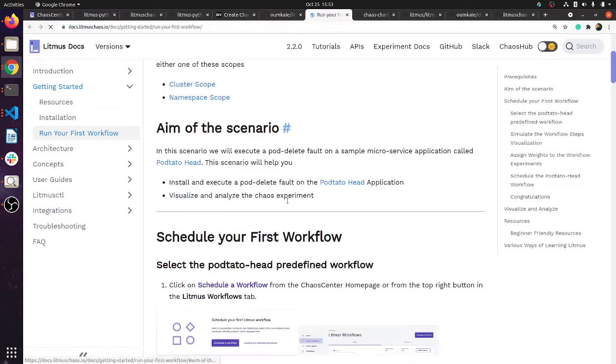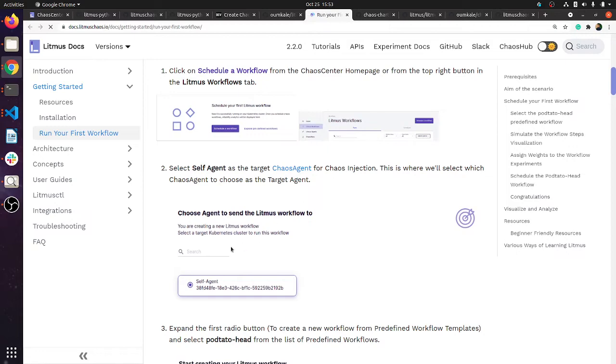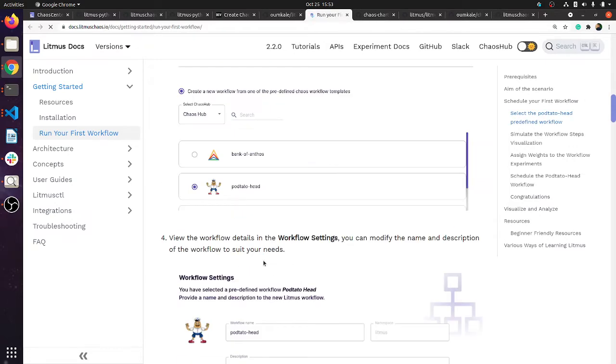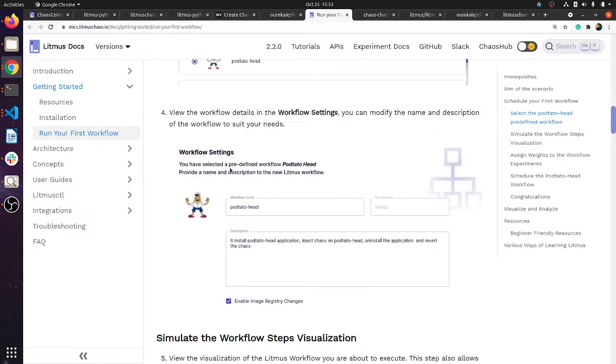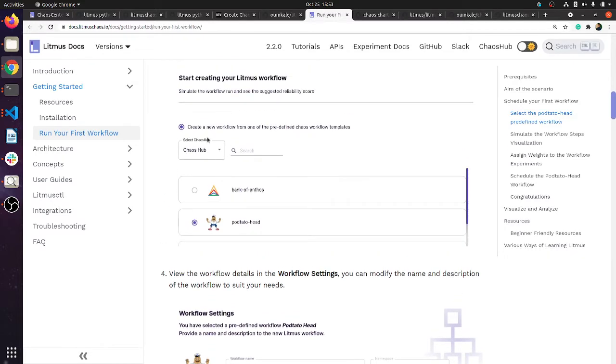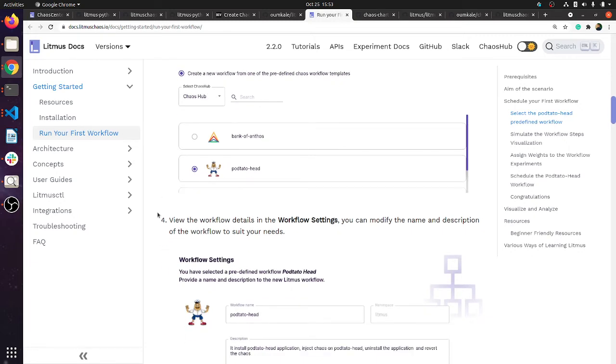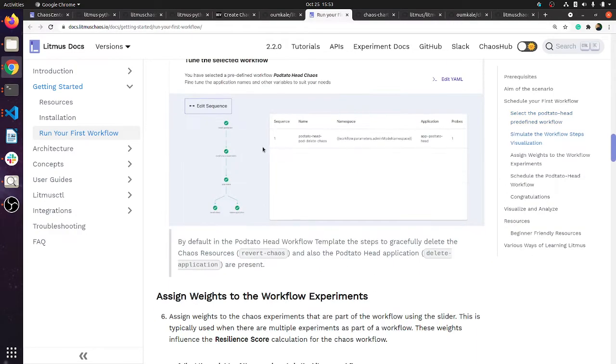It's the same stuff we have shown here. As shown, it is taking the default hub. A user can upload their own manifest, and they can also select their own hub to select the predefined workflow. If it is not there, we can just upload it, using upload we can continue and see the things.